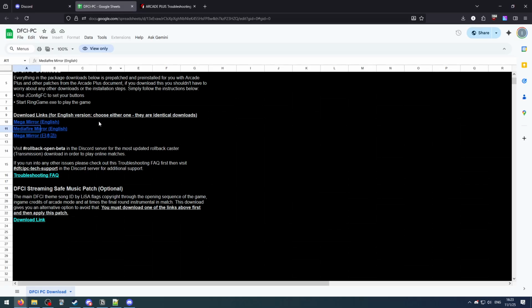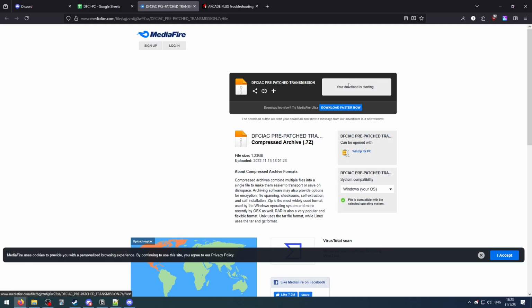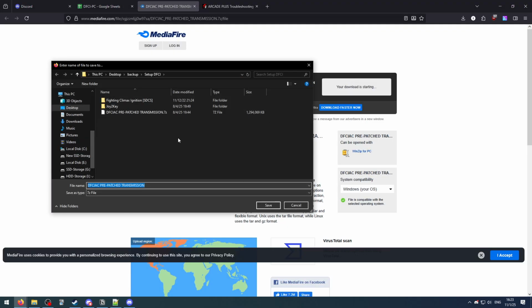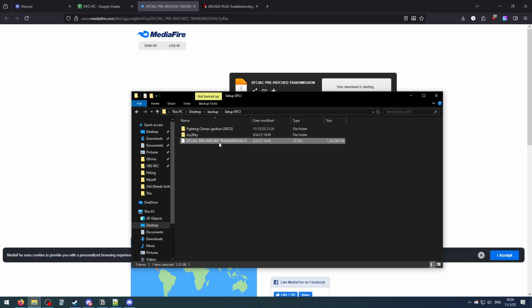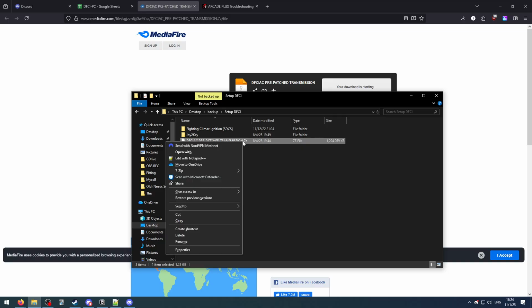From the docs link, we'll go and select a mirror. There's a Mega and a Mediafire mirror, as well as a Japanese mirror. We're going to go to the Mediafire mirror, and we're going to go ahead and download the game. I've already done so. You'll pick a folder, though, and once you do, you'll go ahead and hit save, download it, and then from that folder, you'll need some sort of extraction program like 7-zip or WinRAR to right-click and